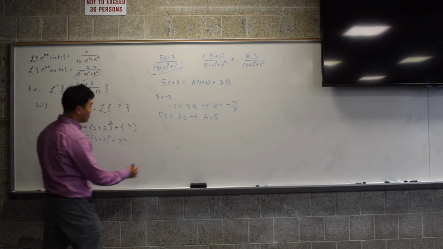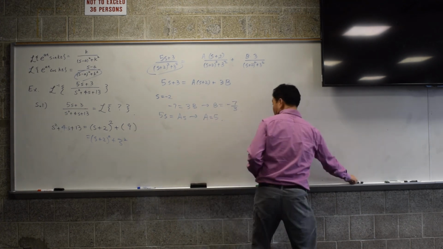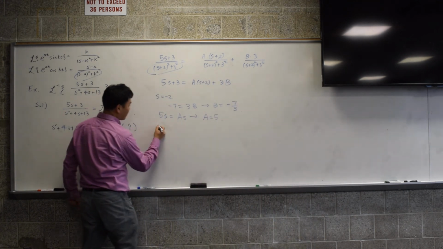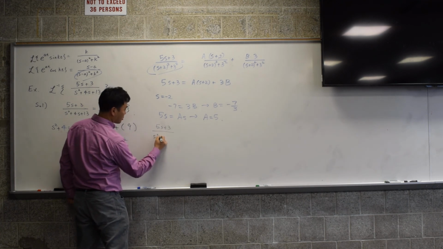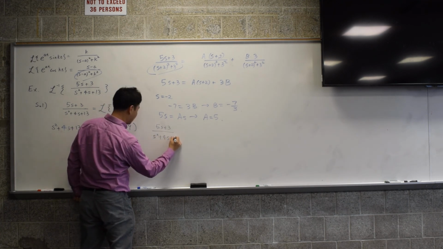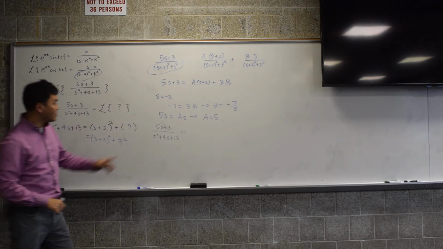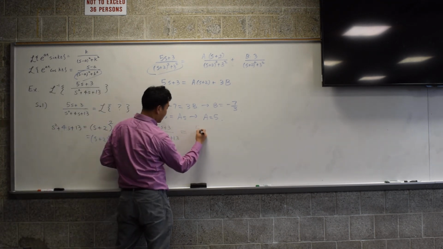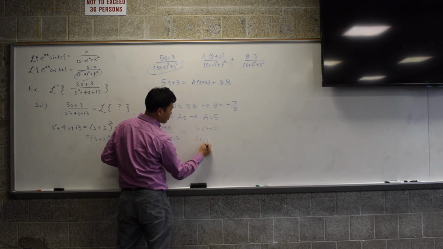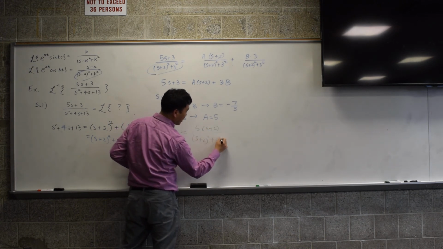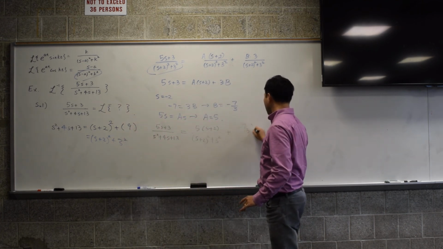You know that 5s plus 3 over s squared plus 4s plus 13, the thing that we were given, is now equal to 5 times (s + 2)/((s + 2)² + 3²) plus -7/3